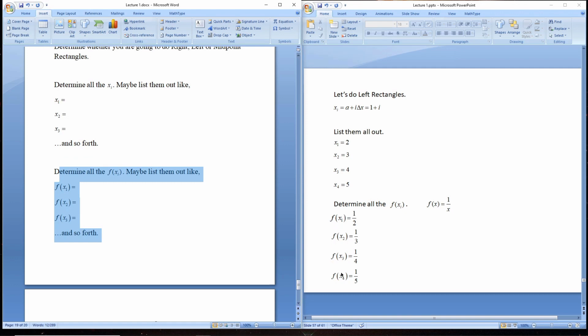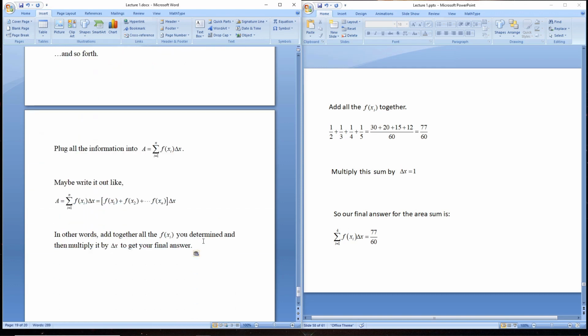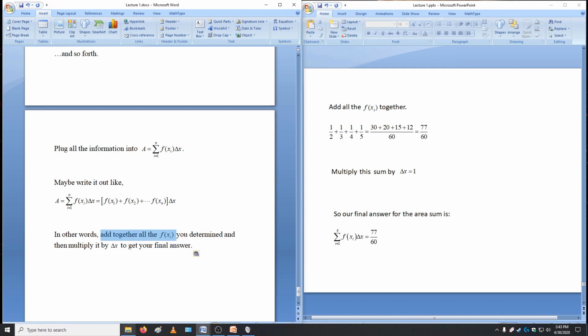Once you have all the heights of the rectangles, you're going to add all of these numbers together. So a half plus a third plus a fourth plus a fifth. So let's add those together, half, third, fourth, and a fifth, common denominator. That gets us 77 over 60. So once we've added together all the heights,